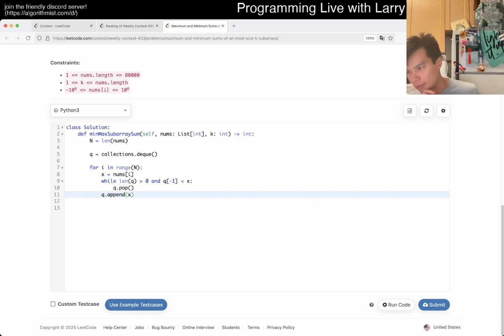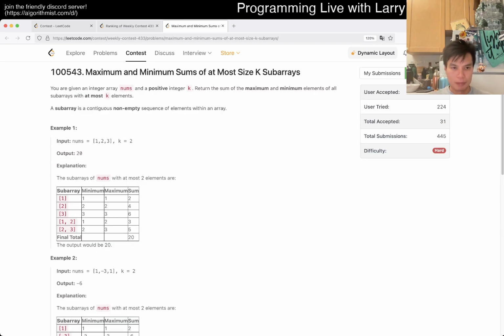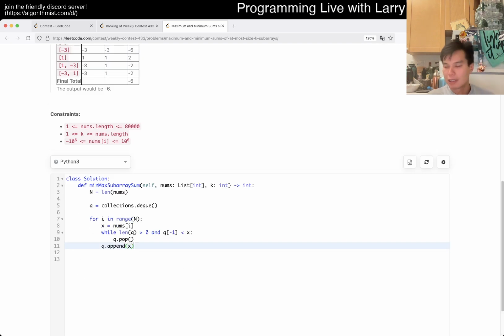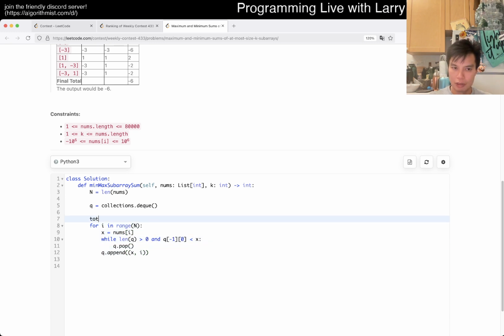Okay, so what does this mean? This means that for, okay, so contribution. So this means that this contribution is just going to be, so this is the max only going up to the previous thing, right? So Q actually should contain two things really, an index. So then the contribution, it's going to be